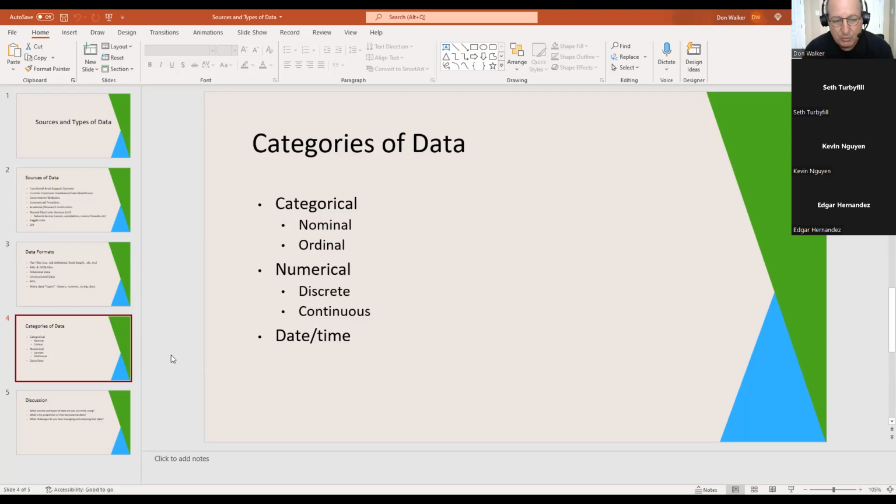But you can do the same kind of correlation and line charts and whatnot with integer data, even though it's not technically continuous. And then you've got, again, date time, and within these all